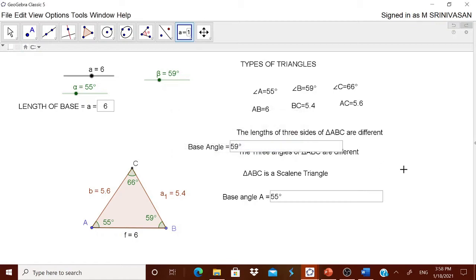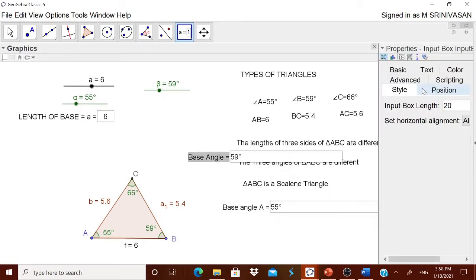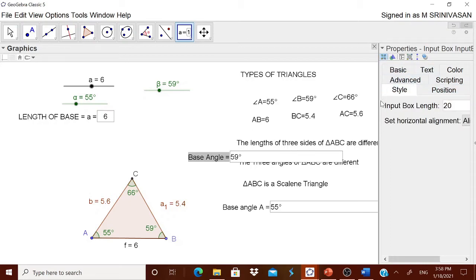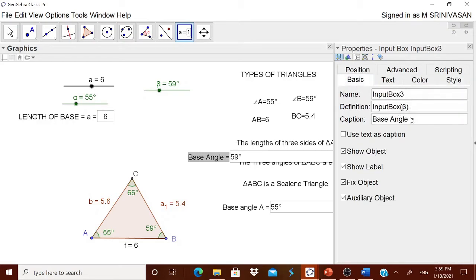Well, I think we have made an input box for base angles. I think we can change this a bit. This should be base angle capital B is equal to.